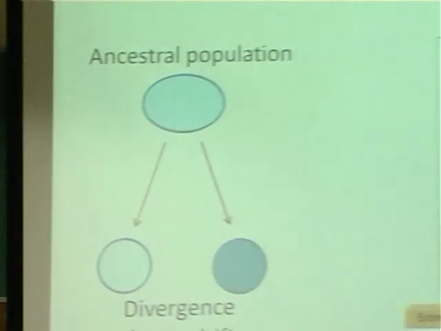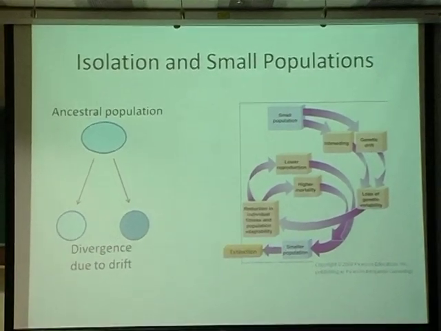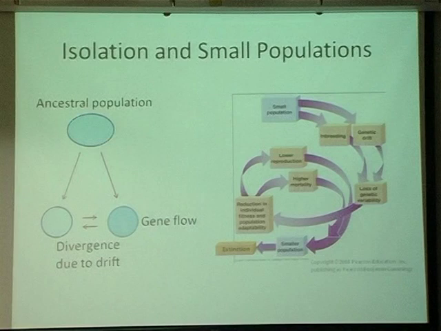So I'm Meghna. I work in Dr. Uma Ramakrishnan's lab at NCBS, and we're working on a project to do with connectivity between tiger populations in the Indian subcontinent. So just a brief background, which we've gone over pretty much, but when populations diverge from an ancestral population, when they split up, they undergo divergence over time, especially due to drift. But how much divergence is going to happen is reduced by the amount of gene flow that might be happening